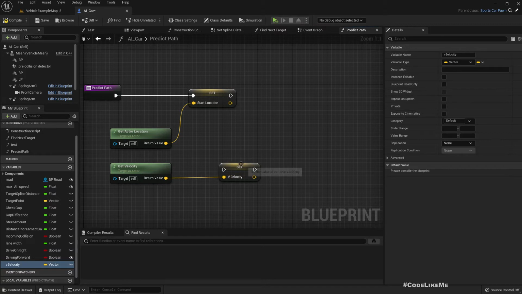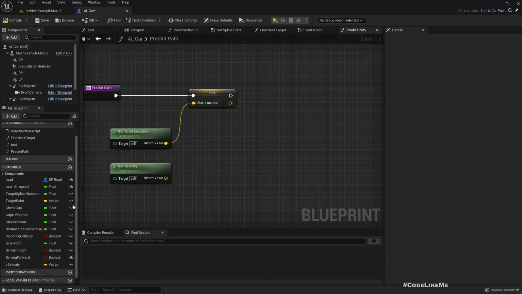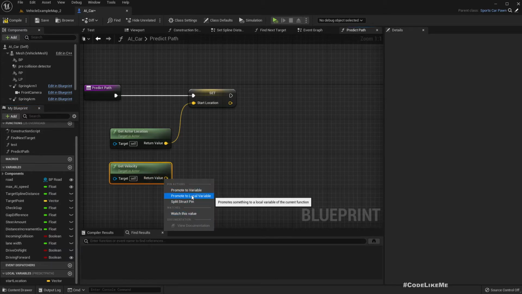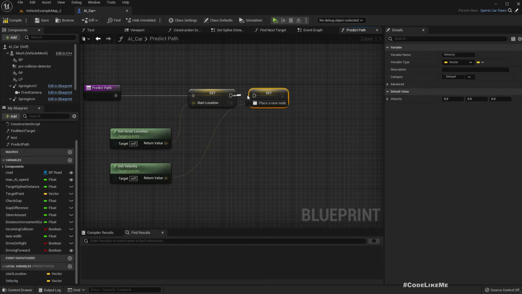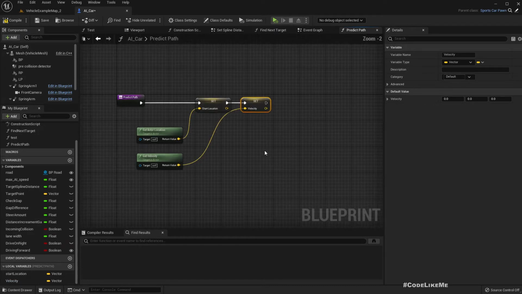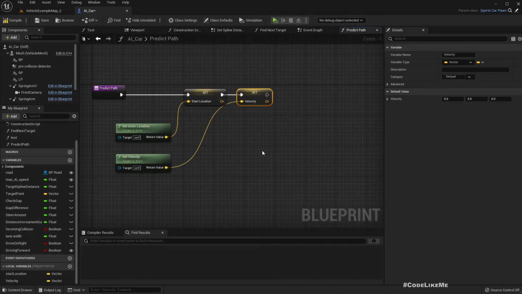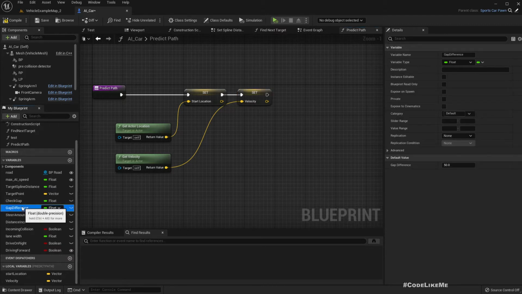Oh wait, that also needs to be a local variable because I'm going to modify those values inside the function. So velocity. What else are we going to need? And then we have this